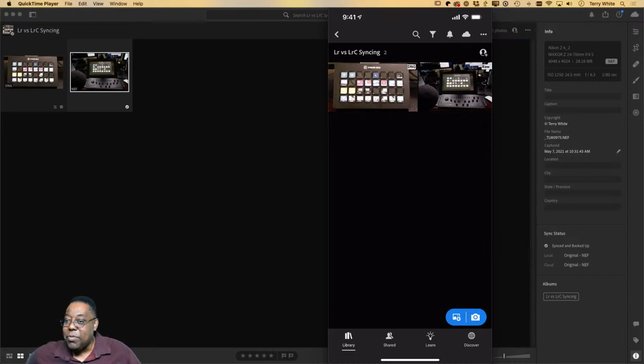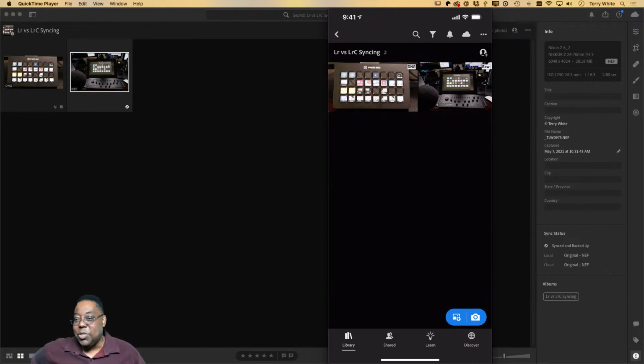How to make smart previews in Lightroom Classic so I can see it on mobile? You don't have to do it manually. All you have to do is put them in a collection and sync the collection. It will make the smart previews for you. You don't have to do that. It will do it for you. I didn't do it. Well, actually, I did do it on import. But even if you don't do it on import, or let's say the images are already there, the minute you put them in a collection and sync that collection, Lightroom will build the smart previews for you in the background.